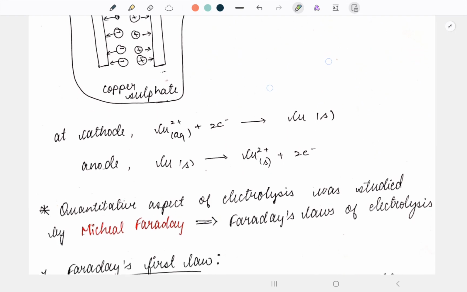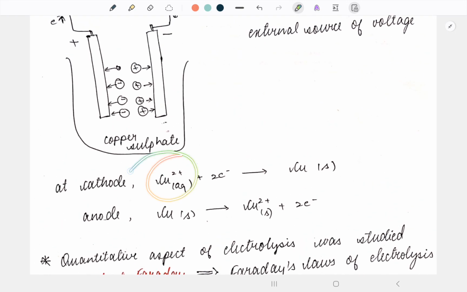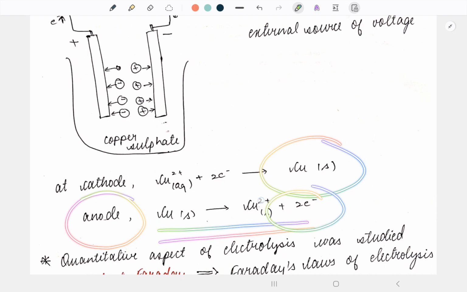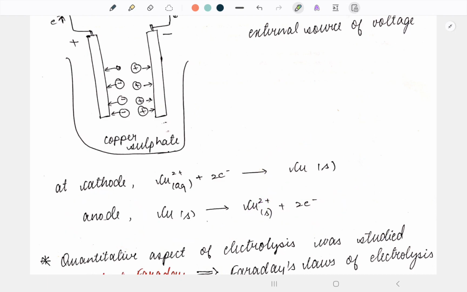And the working at the cathode will be like Cu2+ receiving 2 electrons will give rise to the deposition of copper, while at the anode the copper will be broken down and 2 electrons will be released. So in industrial processes, an impure copper rod is made as the anode, and on passing the electricity we'll get the pure copper rod at the cathode. Here Cu2+ plus 2 electrons will give us the pure copper,